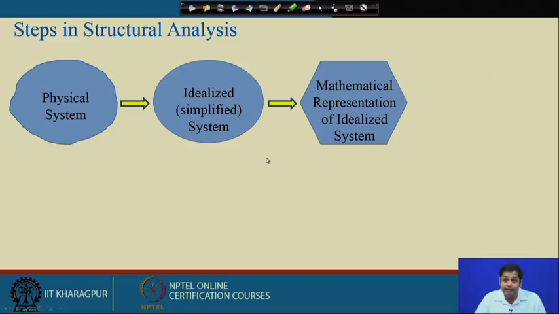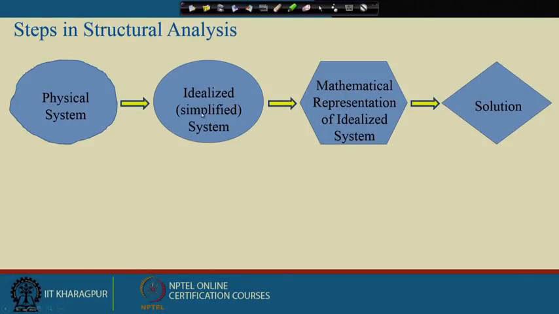Once you have idealized the system, next we represent the idealized system through some mathematical equations. That is the mathematical representation of the idealized system, and it could be in the form of algebraic equations, differential equations, integral equations, or combinations of all. Once we have the mathematical representation of this idealized system, the next step is the solution of this